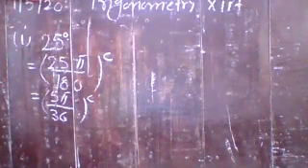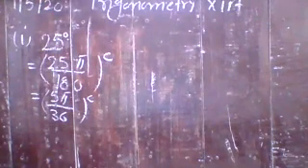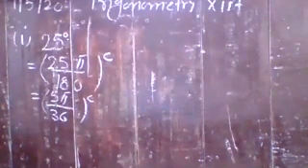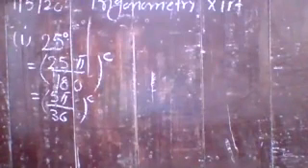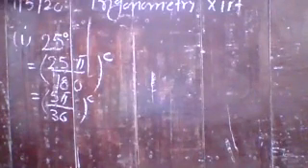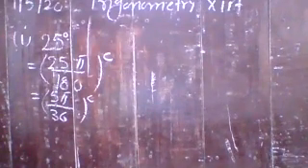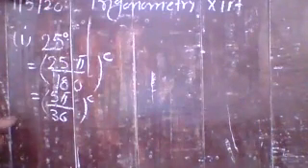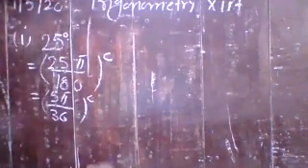In the same way, sometimes the degree measurement is also expressed in the form of minutes and seconds. What do you do in that case? First of all, you have to complete the entire angle in terms of degree. If minutes are given, convert minutes into degrees, and if seconds are given, convert them one by one, so that it is all converted into degrees, and then you convert it into radian. So just solve such a type of question also.